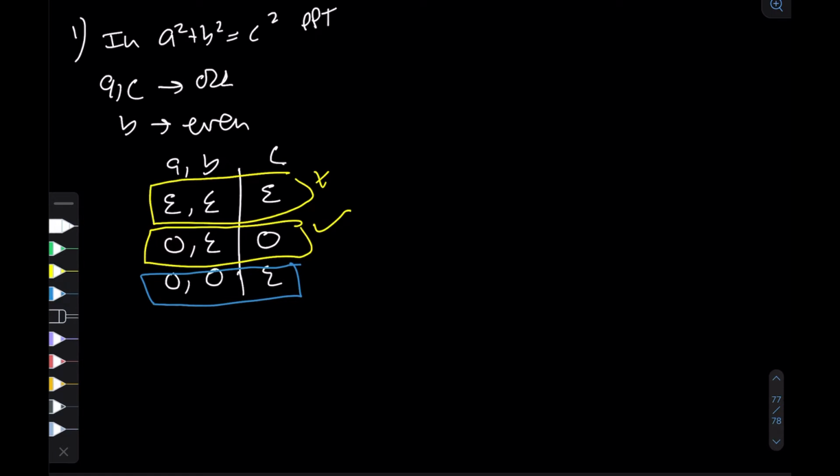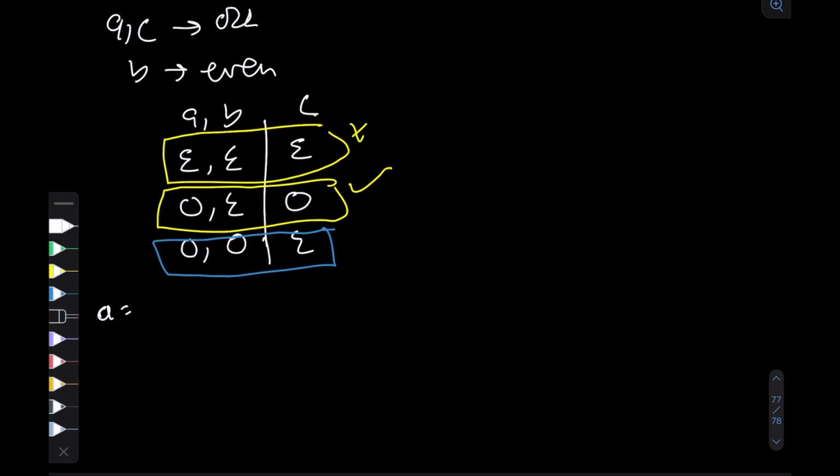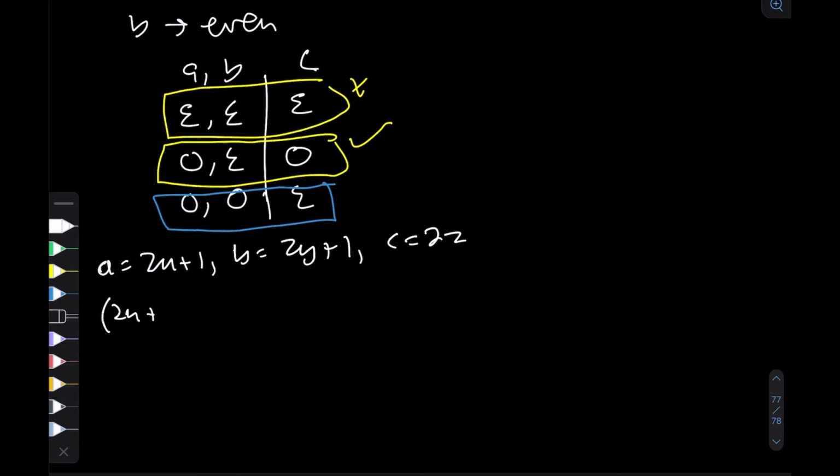The reason behind this is that when we add 2 squared odds, the result is an even number, but it is only a multiple of 2. But when you square an even number, it is a multiple of 4. So what I'm really saying here is, let's say a is 2x plus 1, b is 2y plus 1, c would be 2z, where x, y, z are integers. So it would follow that (2x plus 1) whole squared plus (2y plus 1) whole squared should equal (2z) whole squared, which means